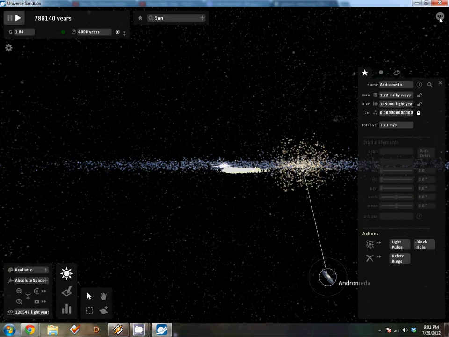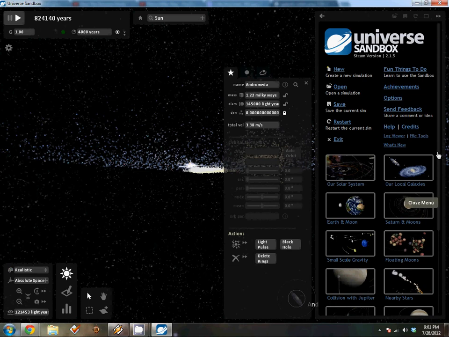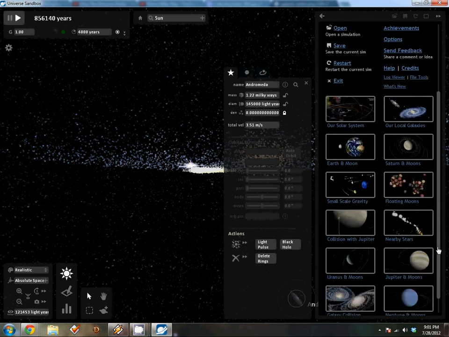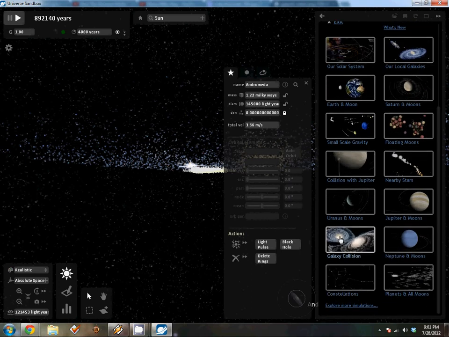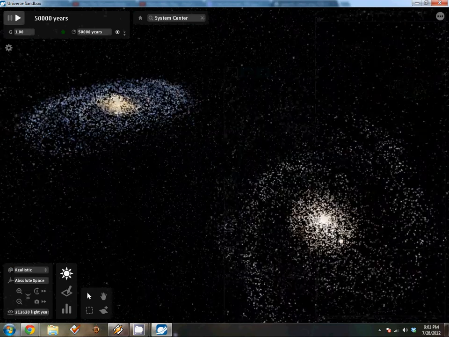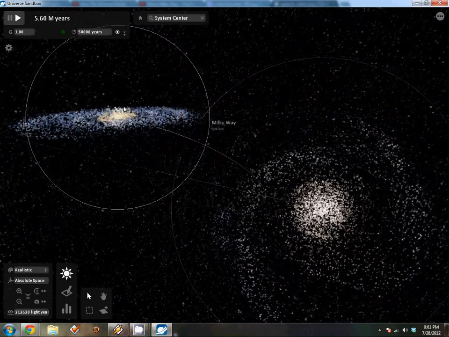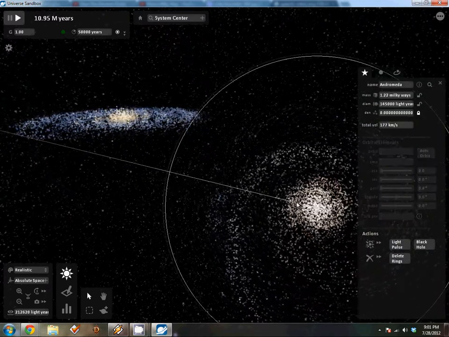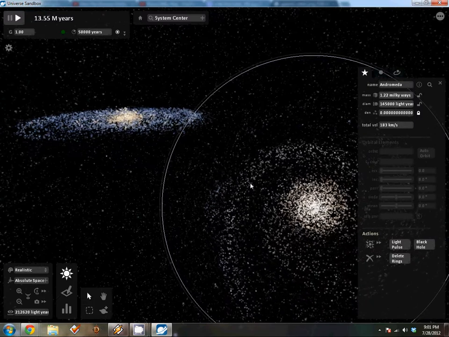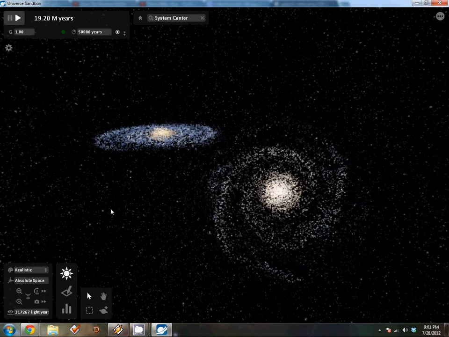So that's the second part I wanted to show, which is a simulation of Andromeda, which is actually predicted to collide with the Milky Way in a few million years. And this program can also model that. And so I wanted to show that. Now here we have the Milky Way, and we have Andromeda. We got Milky Way at the mass of 1.0 Milky Ways. That's the standard. And then we've got Andromeda with a mass of 1.22 Milky Ways. And they are predicted to collide together.